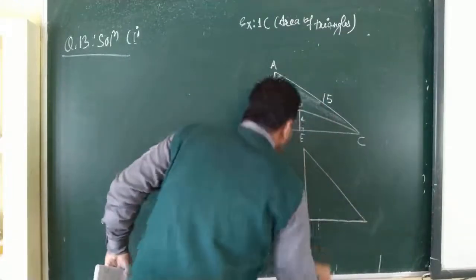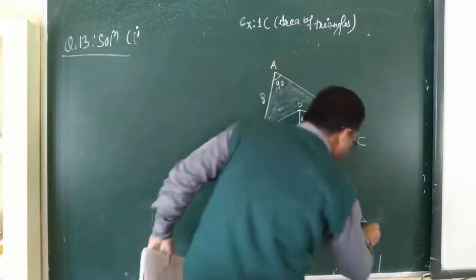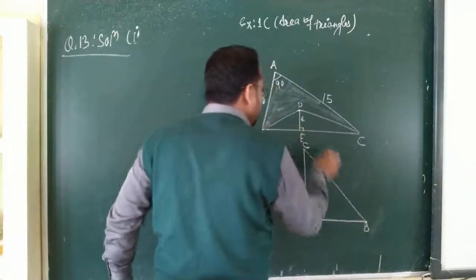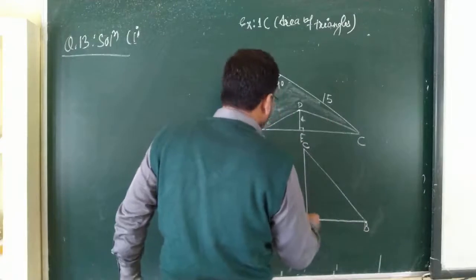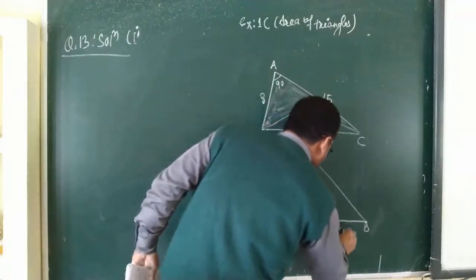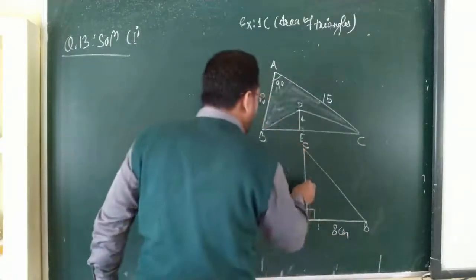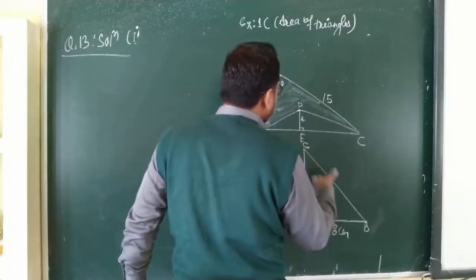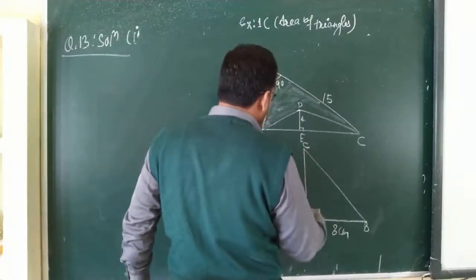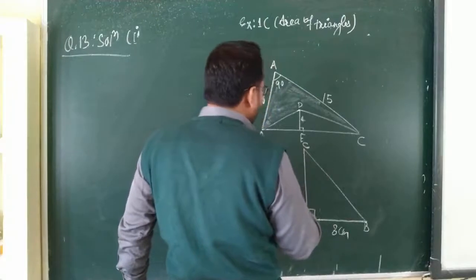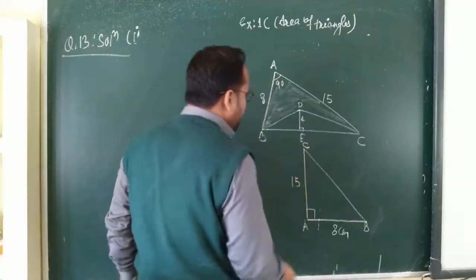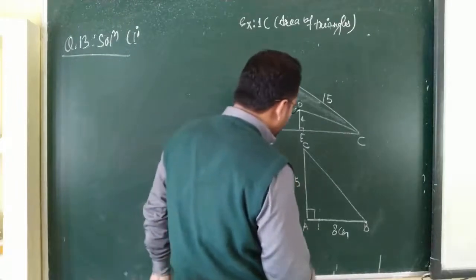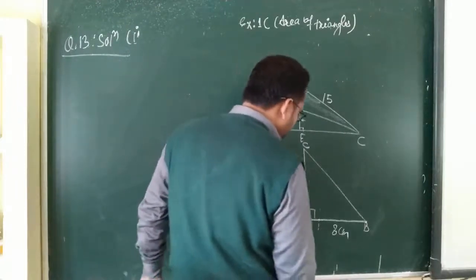A, B, and this one is C. Okay, so in that AB is 8 centimeter, and BC is not given. AC is given that 15 centimeter. Okay, and on B, that one perpendicular BC,